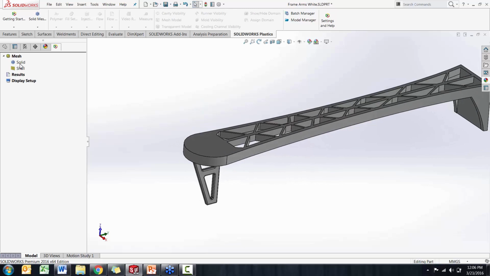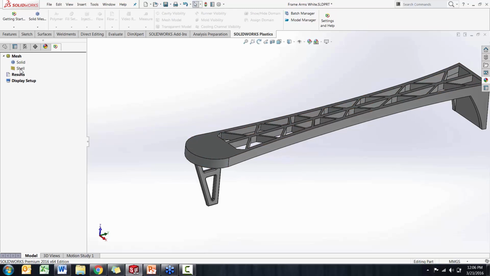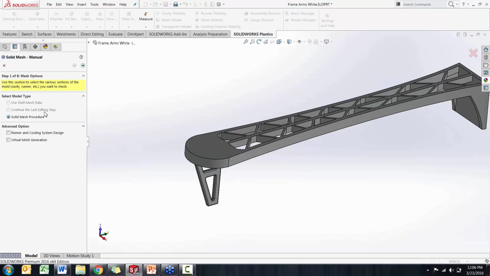Okay, now how does this meshing process work? If you right click solid, there are two ways by which you can mesh this model. You can either use the automated mesh feature that's built in, which is quite robust, or you can go into the manual mesh and control how many little elements this geometry can be broken down into. Going into the solid mesh by right clicking it and hitting manual brings up a little meshing wizard tool. All I need to do is go through each of these items in the wizard tool and make sure that